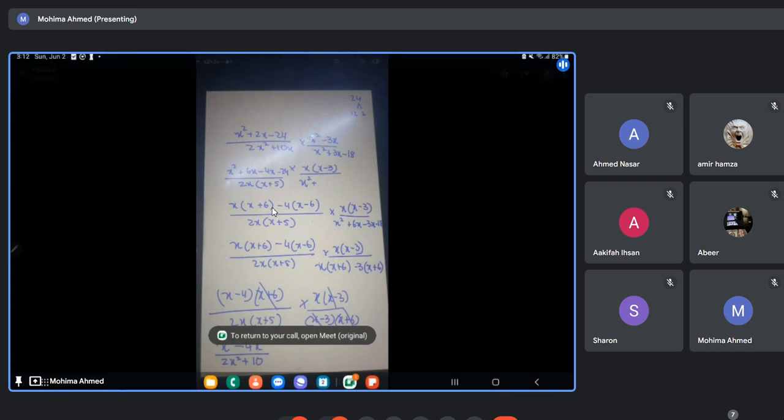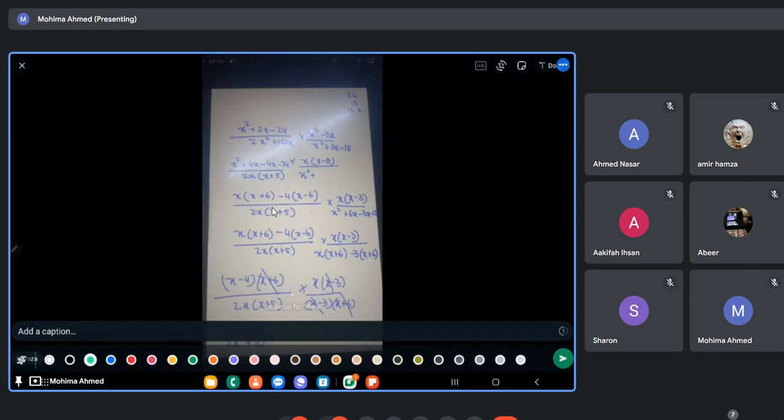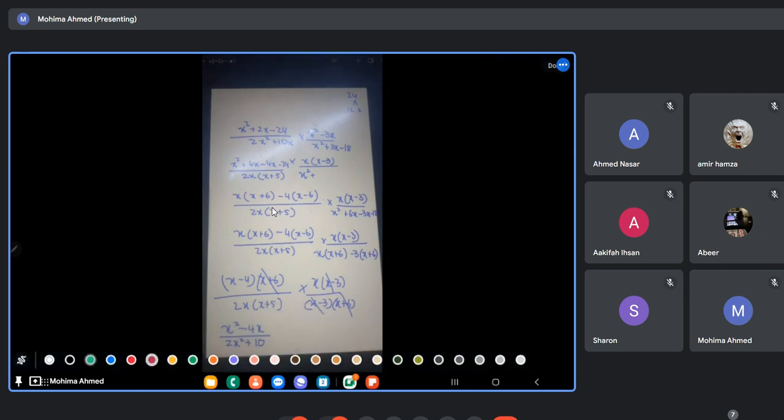And this is actually a common mistake. For example, over here in the numerator you have x squared 2x 24 that you broke down into 2x and 4, right? Okay, and then you have x squared x minus 3, 2x plus 5, and then again x squared 3x minus 18, and that you broke down again using 3, 6x, 3x and 18, okay?